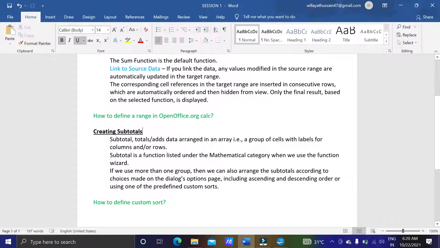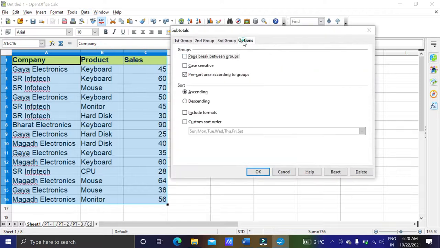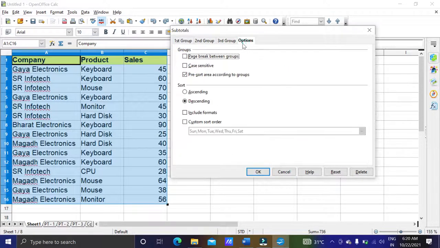Okay, now we have some more options. For example, we can go to the options page, and there we can go for ascending order or descending order also. So Data and then Subtotals, and here in options we'll have the options of ascending or descending. So first group, group by company, sales, and here I want it to be in the descending order.